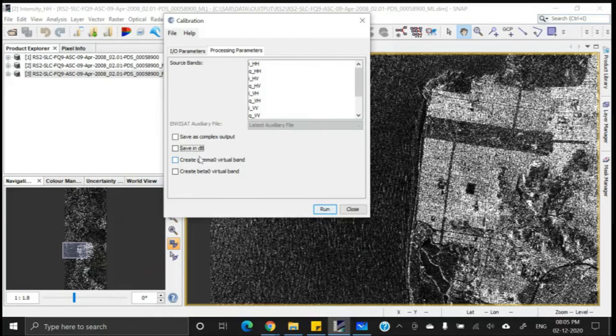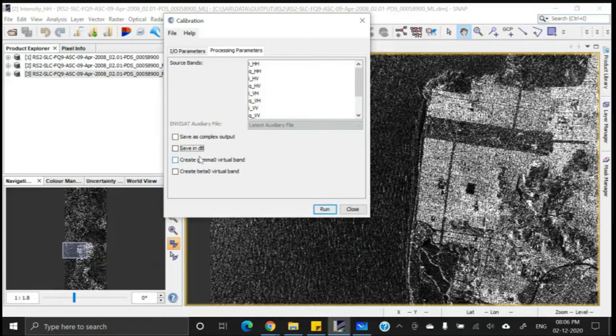Whereas beta naught is a measure of the backscatter that is returned to the antenna from a distributed scatterer on the ground, and beta naught is in slant range geometry. So if we are converting the image into a ground range image, then definitely we should apply sigma naught instead of beta naught. If the image is in the slant range plane, then we may apply beta naught.